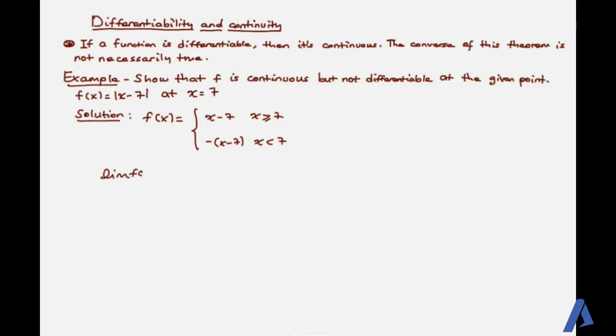The limit of f of x as x approaches 7 from the left should be equal to the limit of f of x as x approaches 7 from the right, and this should be equal to f of 7. So as x approaches 7 from the left, we use this function, and at x equal to 7 it will be 0. Then the limit of f of x as x approaches 7 from the right, we use this other function. Still 0 comes. f of 7 is also 0. So all three are equal, which means f of x is